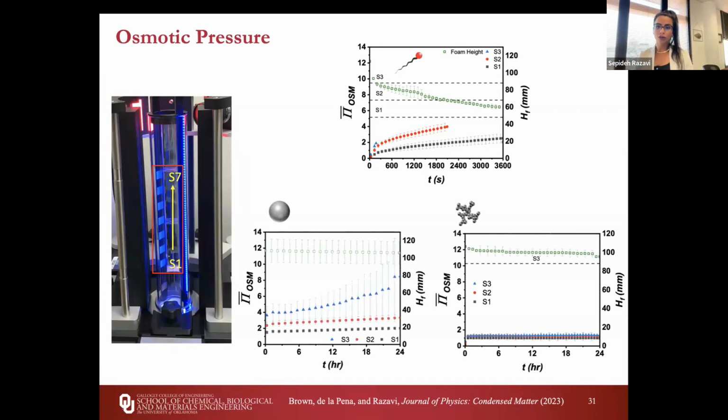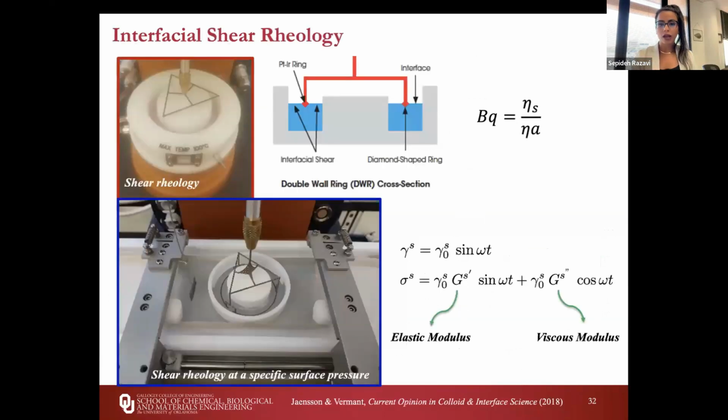If you look at the particle-stabilized one in this case, as you can see, they're very different. Even though the height is the same, the sensors' data is very different. For the round particles, it's more staggered, meaning that the liquid is draining from top to bottom. For the rough particles, for all 3 sensors, the data are pretty much overlapping. So even though the overall foam height is the same for both particles, the microstructure and texture of the foam is different for the 2 particle types. So how do we explain this?